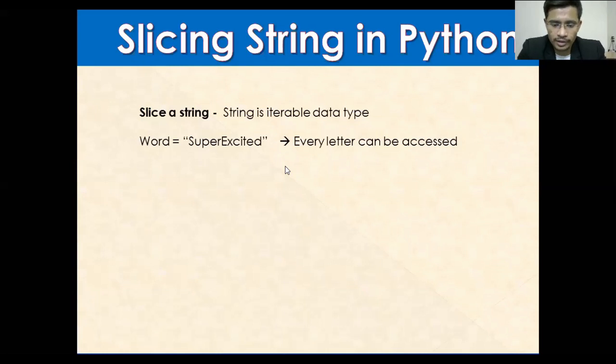Those who raised a hand, please go ahead and type what your questions are. What I'm going to do is print the word at index 2. I save this program and run. See, at position 2 is P. This is the 0th index, this is first, and P is at the second index. So on the second position there is the letter P, that's why we got P as output.